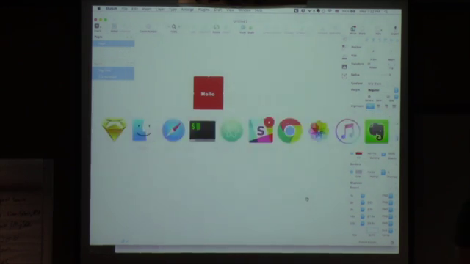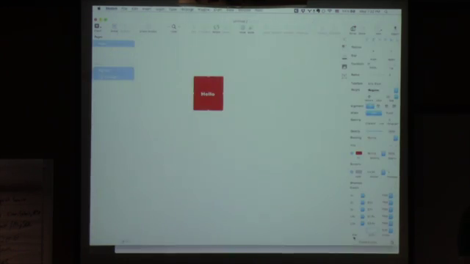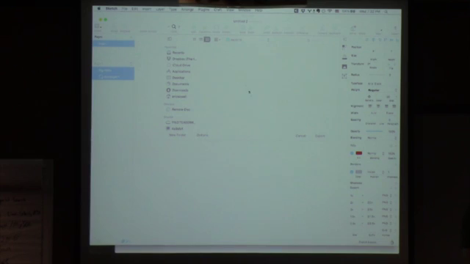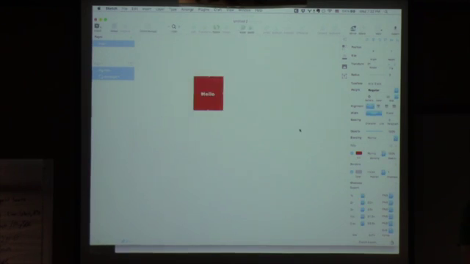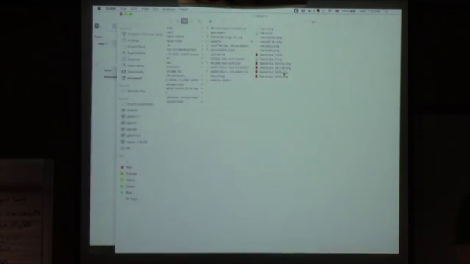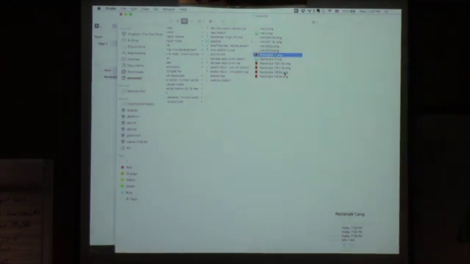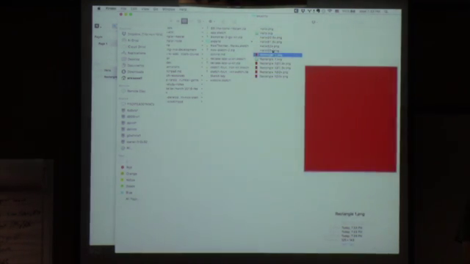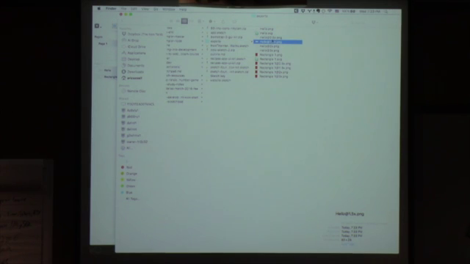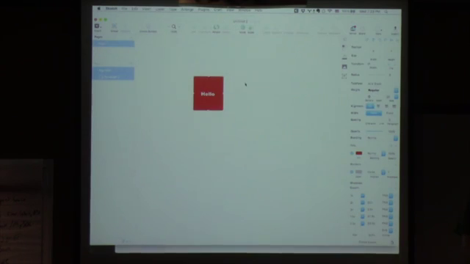So let me make sure that folder's empty. It is. So I'm going to export to the same location. And here are all of my images that I just exported. Here's my SVG file. Here's various PNGs. Interestingly, because I had two things selected, it actually exported hello and the rectangle as separate things. It's not one symbol. If I turn it into a symbol,